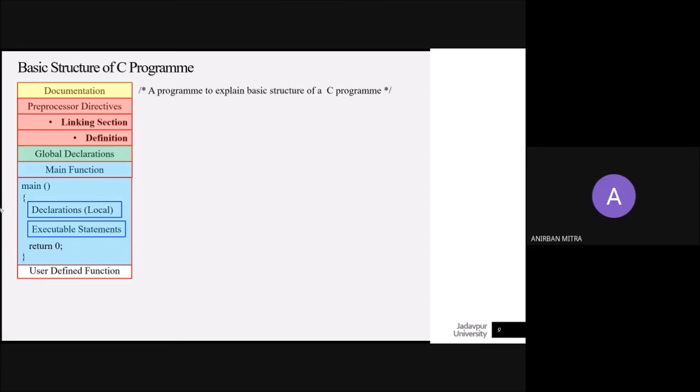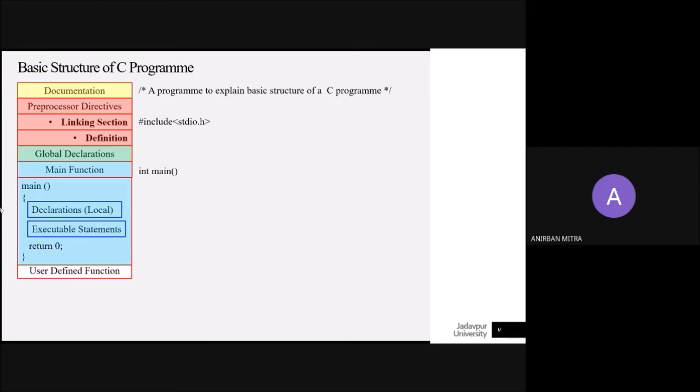So let us look at a basic program now that explains the structure of a C program. You probably have seen this program previously. It's a very commonly used program by Kernighan and Ritchie. There is just a slight modification to that. So we start with #include within angle brackets stdio.h. This is the header file, the standard input output header file.